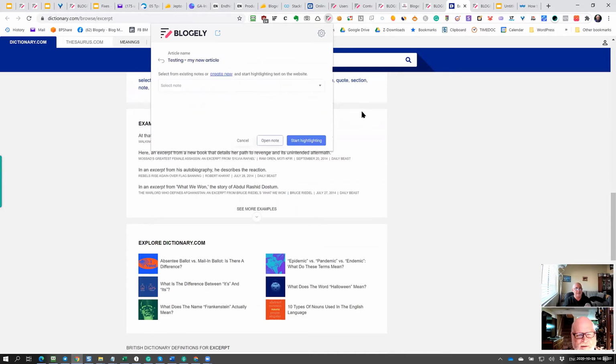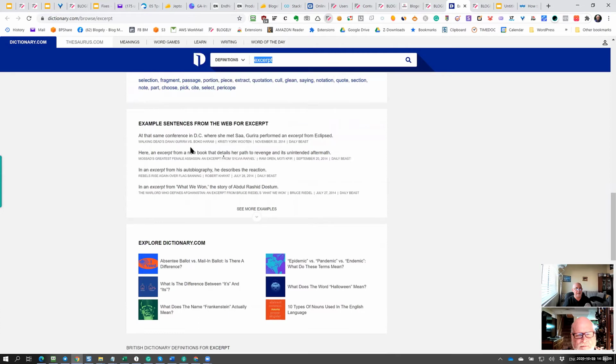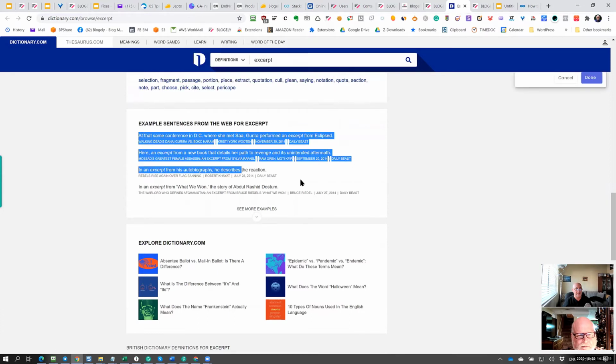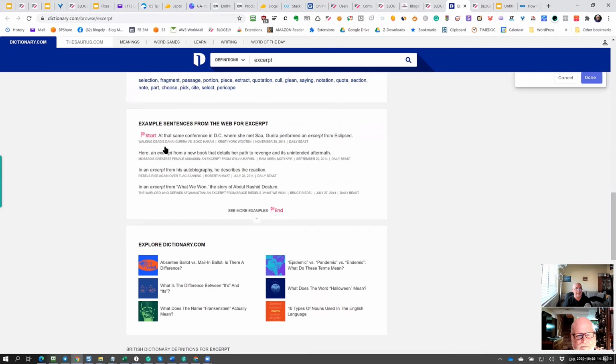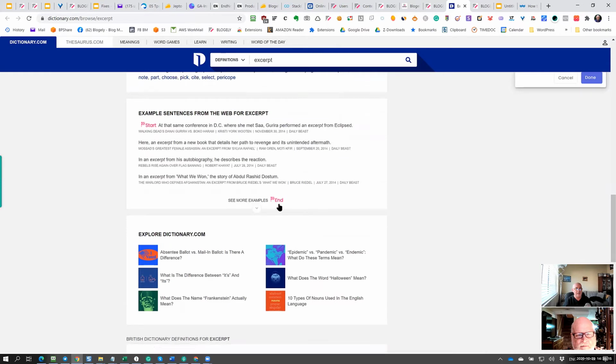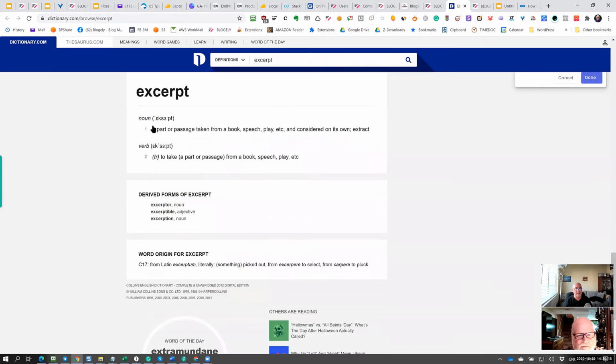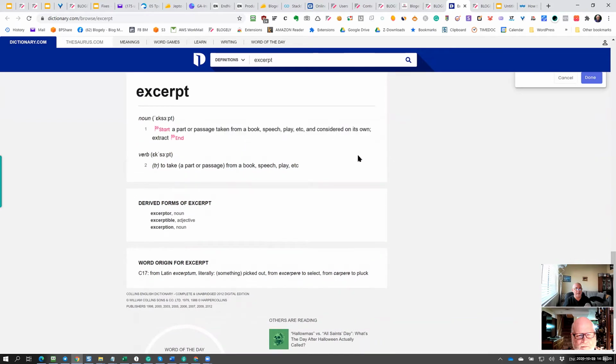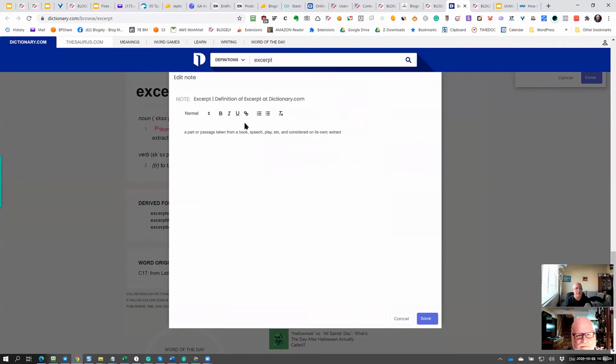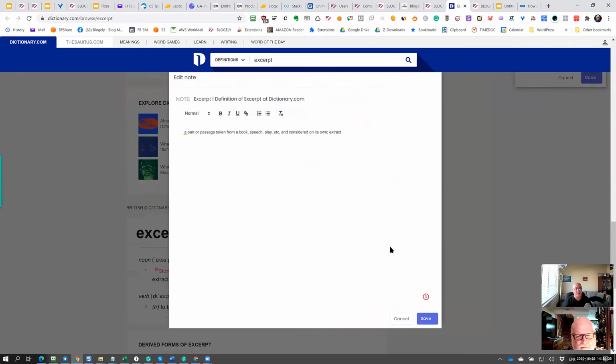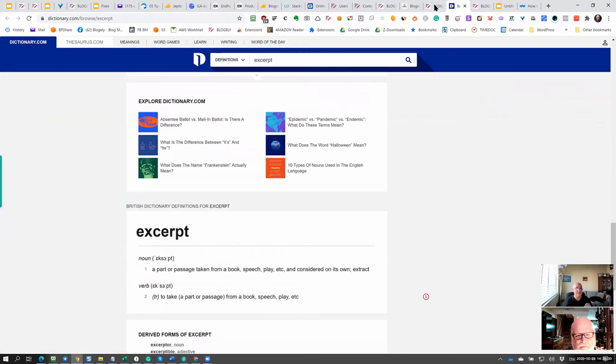Right? So if I copy like this and say start highlighting, all I need to do is just select the content any way I want and see it start and finish. And I can just go on here and select a different part that I want to keep. So the same way, if I click done, now it will show me here the content that I want to save, and when I click save, it will save this little piece of content there.